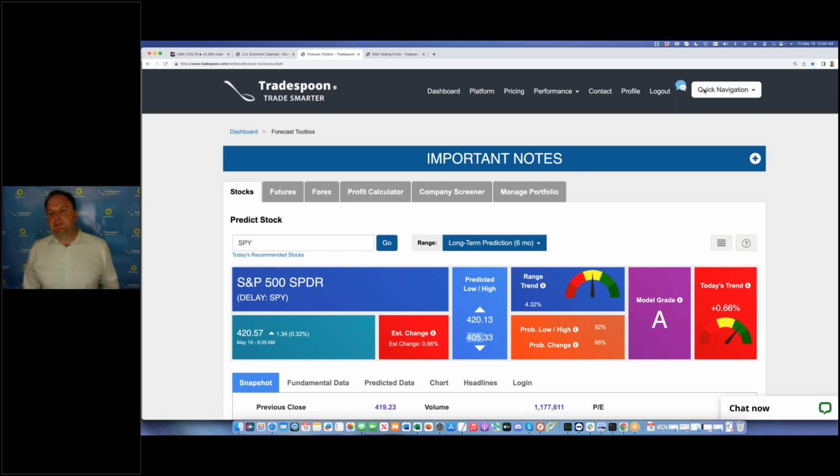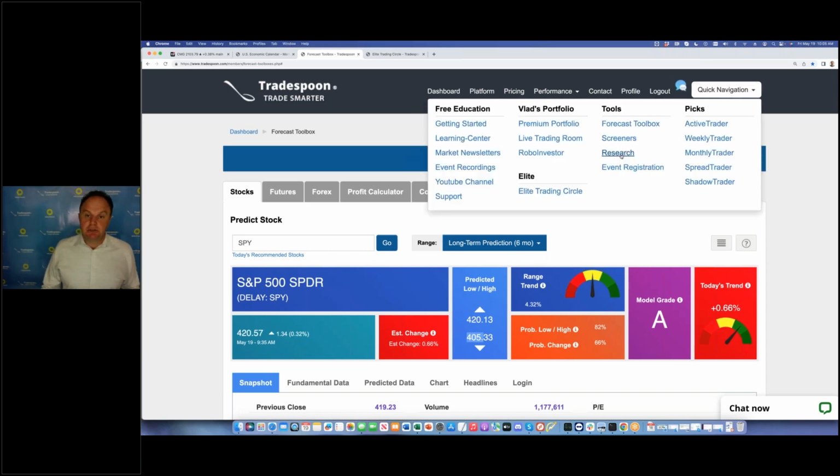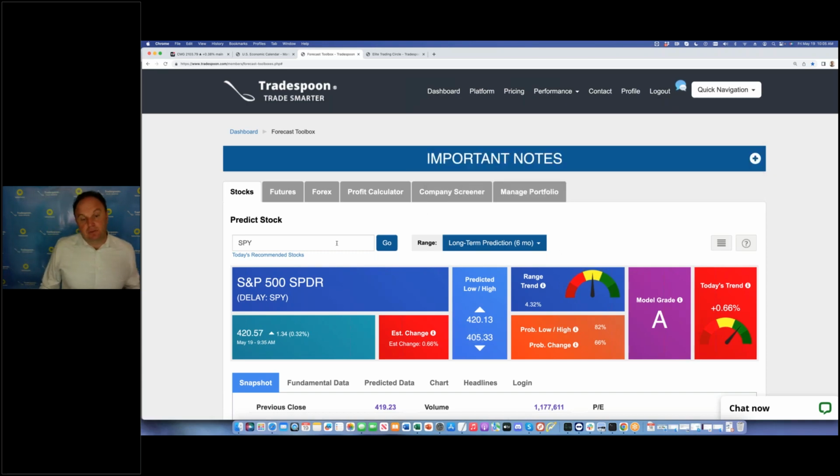Stock Forecast Toolbox, right? We have seasonal charts that can help you. If you trade stocks or futures, anything, you can always use these ETFs or stocks to identify key support and resistance levels. So 420 is obviously a very well publicized key level. Everybody talks about it on TV. The model identified it as a year-to-date high, a very important psychological level. Bulls and bears are going to fight for that level. So that's Stock Forecast Toolbox.